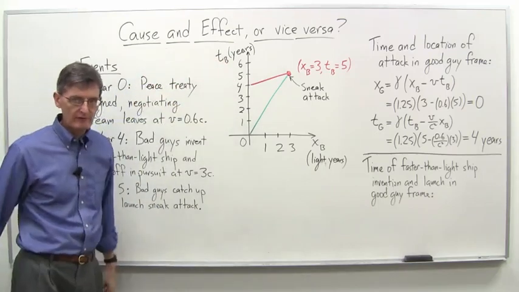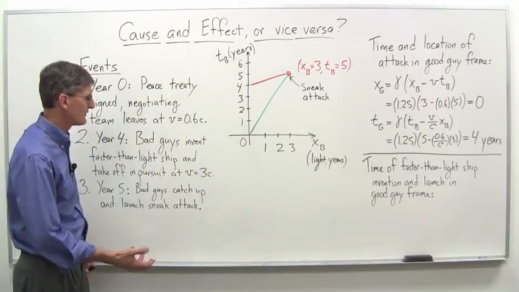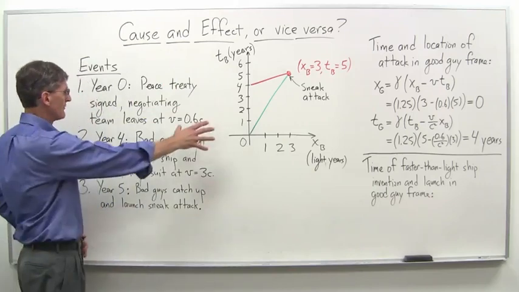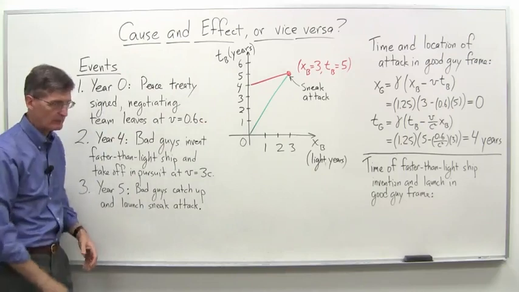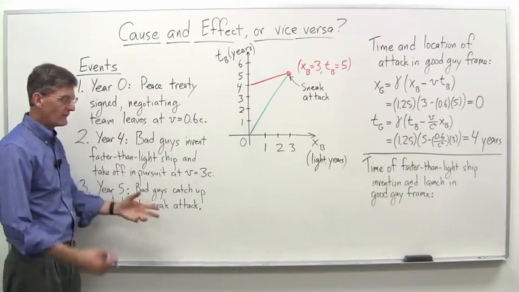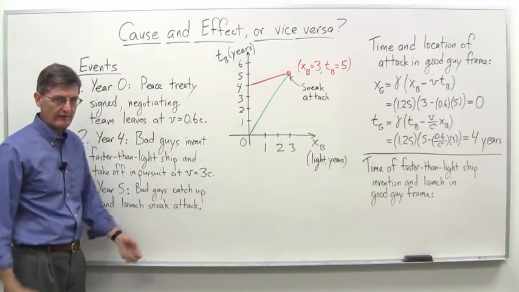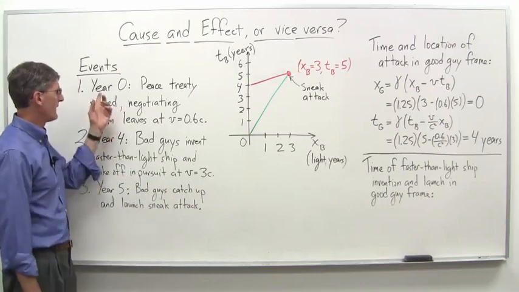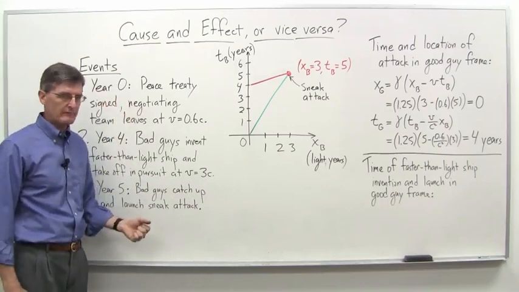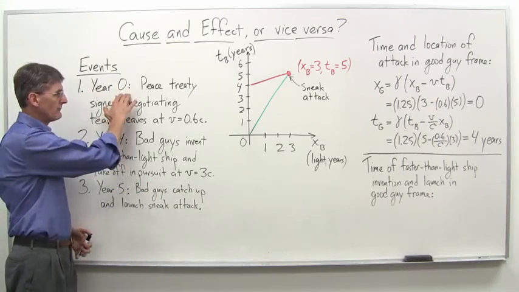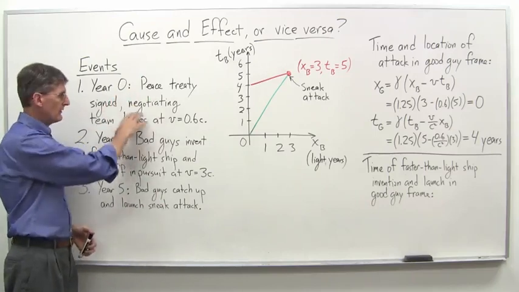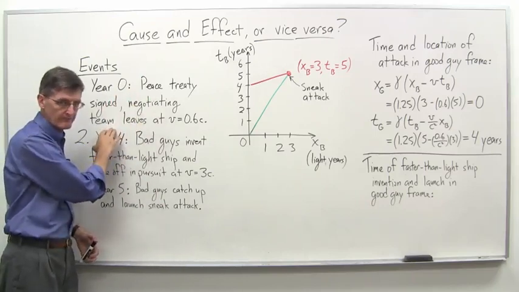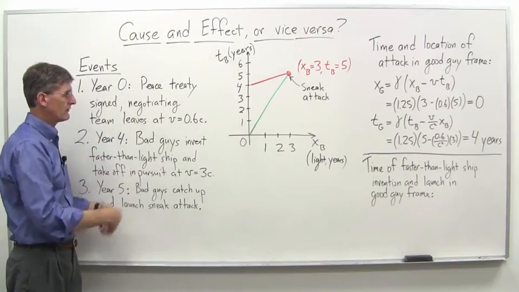It gives the ending away just slightly, but let's set up the situation here. We've got a diagram, but here are the events that we're going to imagine occurring. We've got the good guys and bad guys, and they don't like each other very much. But at a certain point, they sign a peace treaty. So in year 0, there's a peace treaty signed, and the negotiating team for the good guys then leaves the